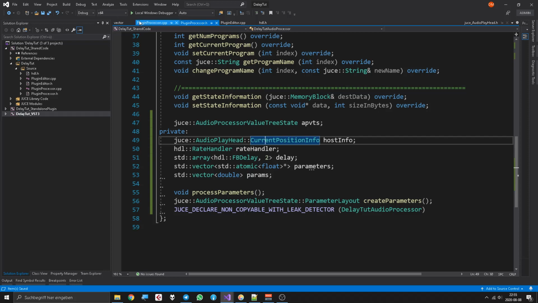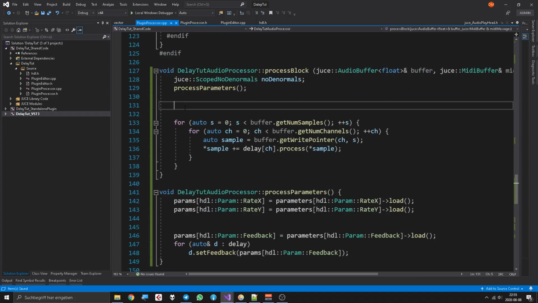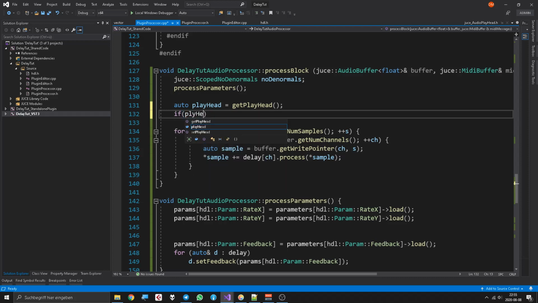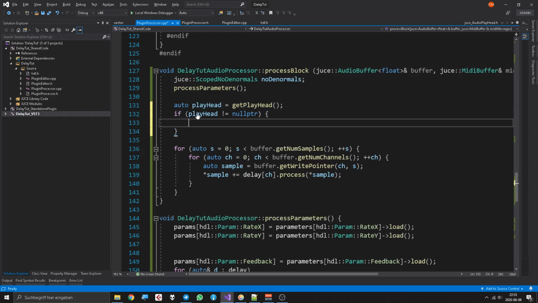Okay, now in process block, we have to make sure that the host actually has a playhead. So we call get playhead, and if the host does not have a playhead, then this is going to be a null pointer. If playhead is not a null pointer. So if we have a playhead, then